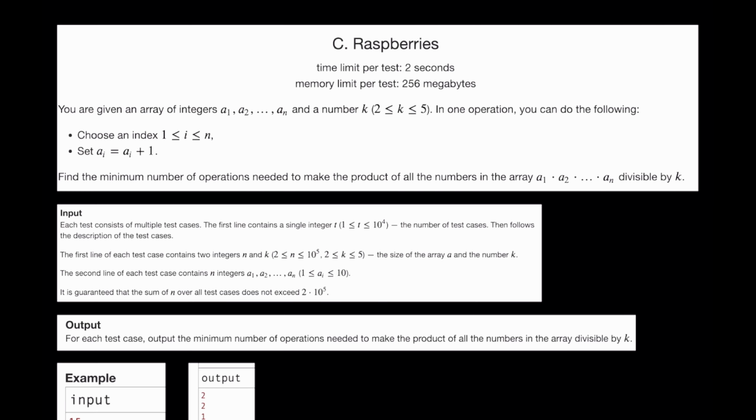Let's start by reading the problem statement first. We are given an array of integers and a number k. K lies between 2 to 5. In one operation you can do the following. Choose an index i and increment the number at that index in the array by 1. You need to find the minimum number of operations required to make the product of all the numbers divisible by